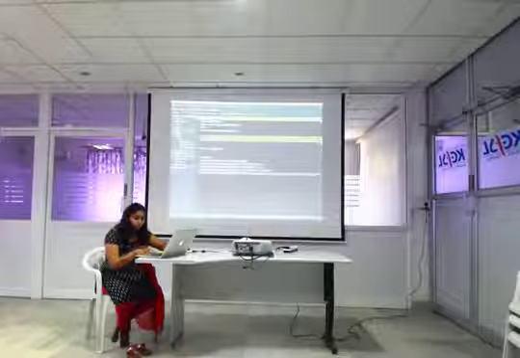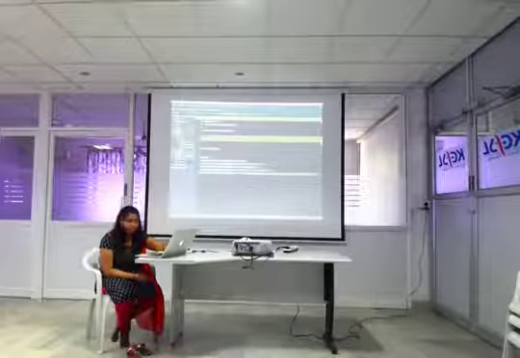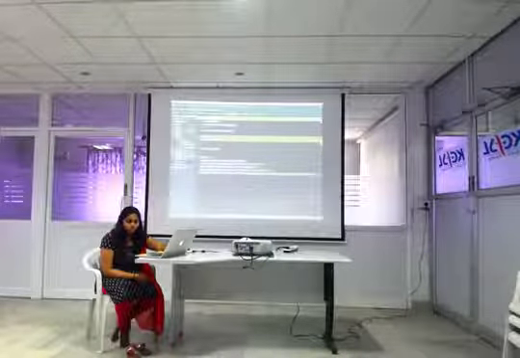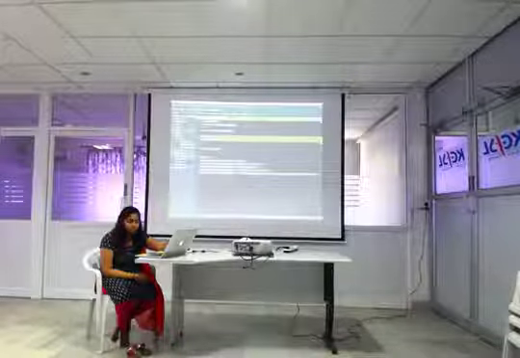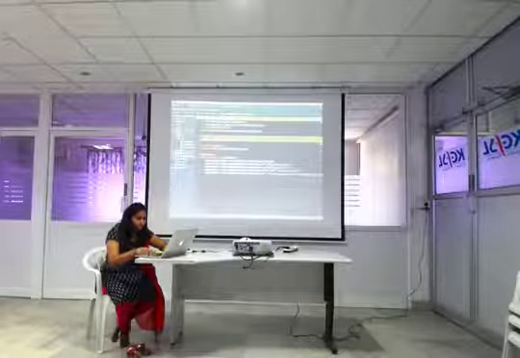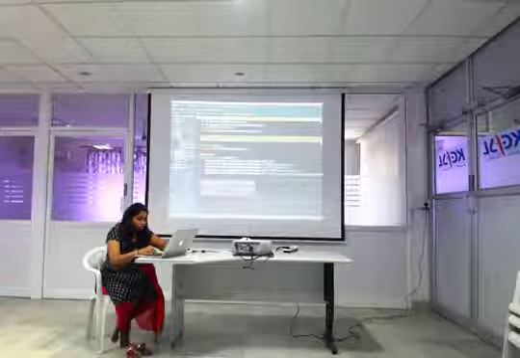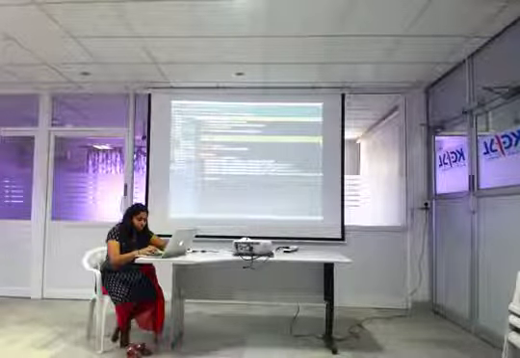So now my driver knows what platform my test is going to run on, what's the platform version, what's the device name, and your app location from where you have to pick up the app. So now I set all of these capabilities to my APM driver.